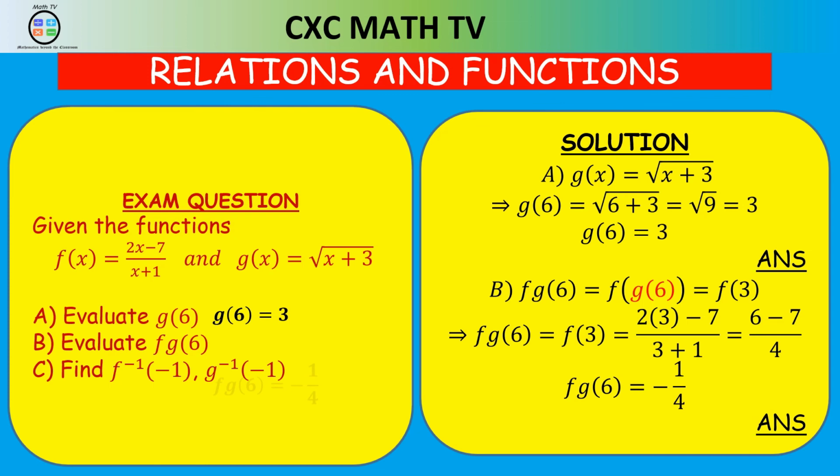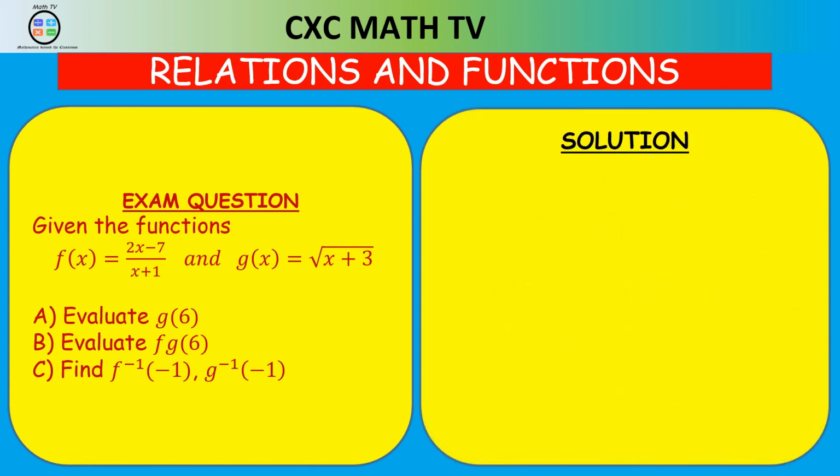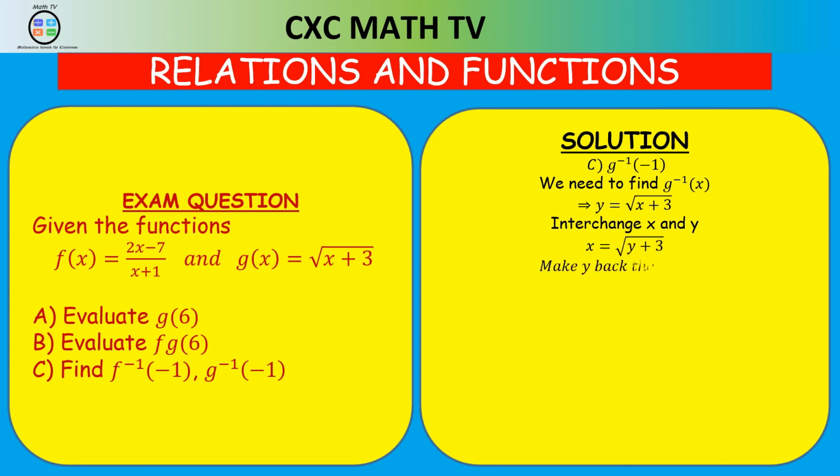Nice. Alright. The next part says find f inverse of negative 1 and g inverse of negative 1. So we need to find g inverse first, since that one looks a little bit simpler, right? So to find g inverse, first thing we need to do is call the function g of x y. So y is the square root of x plus 3. Then we interchange x and y. So x is now the square root of